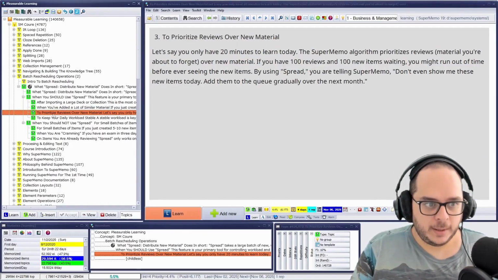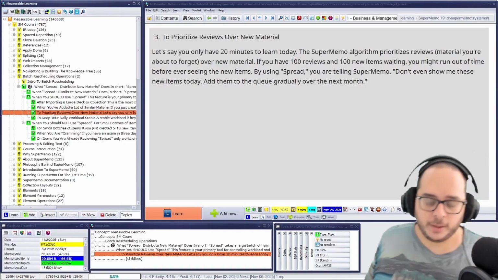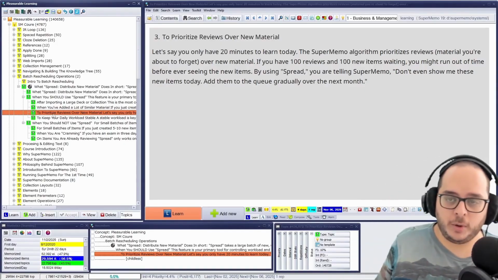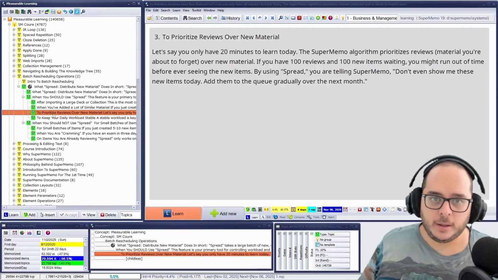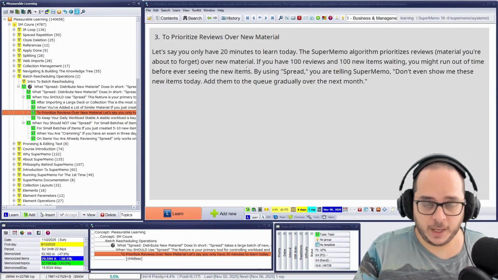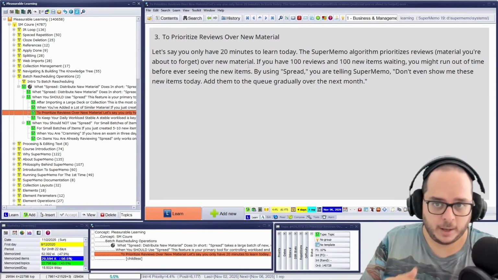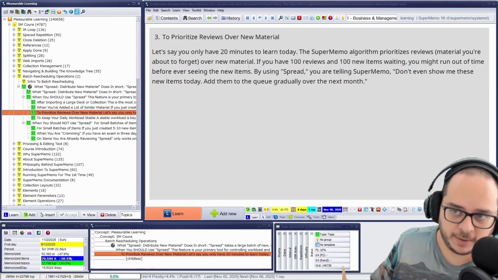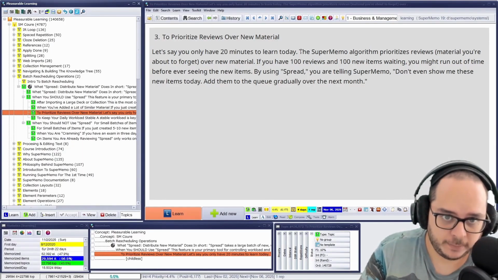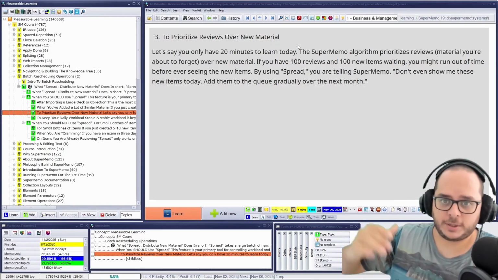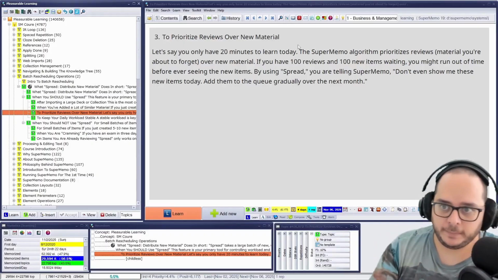Then, the next is pacing reviews or new material. I want to spread what is new, so it's just a tiny part of my time. Let's say I have only 20 minutes. It's very low, right? A very tiny section. That includes the reading, everything, not just the execution of the flashcards. Then I can use a sorting criteria. I can do a subset to force certain criteria, not just my sorting one.